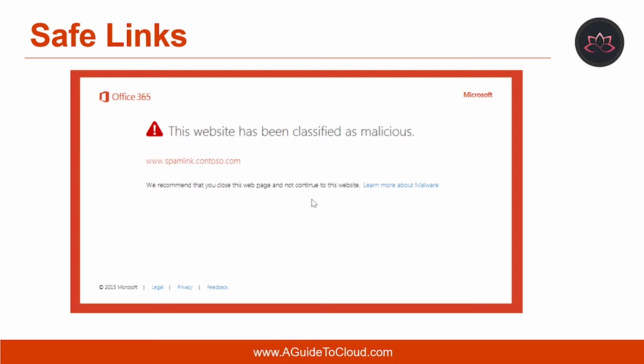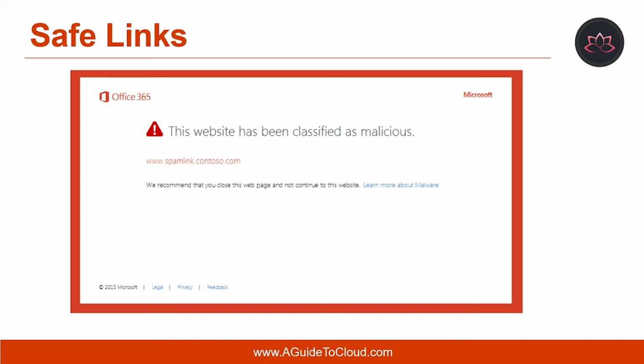Now let's talk about safe links. Safe links is a feature in ATP that protects users from malicious URLs that are commonly used in phishing attacks to extract sensitive information from a user. When an email with an embedded URL is delivered to a recipient, the web page or attachment on the other side of the link may be safe to view at the time of delivery, but it may not be safe at the point in time when the user opens the email and clicks the link.